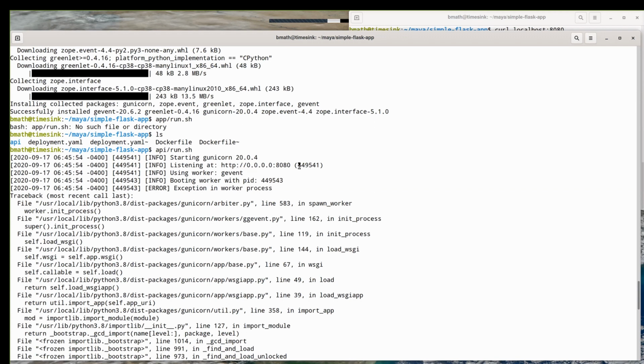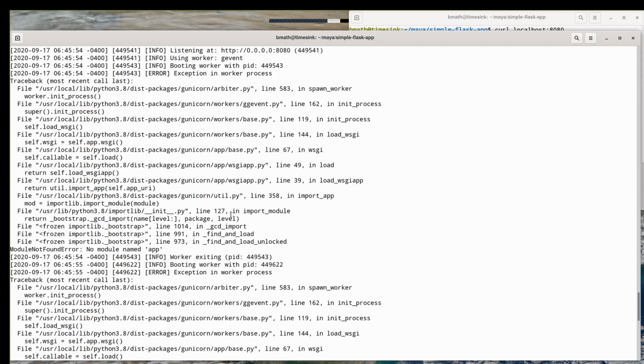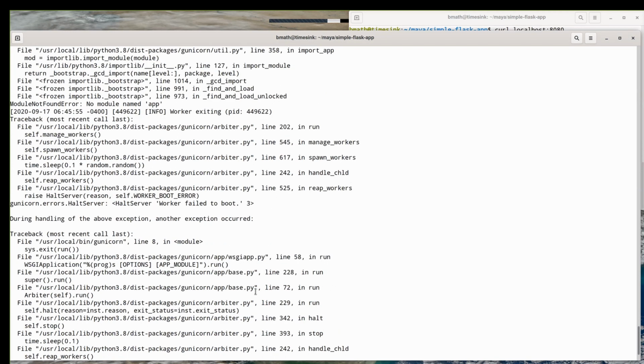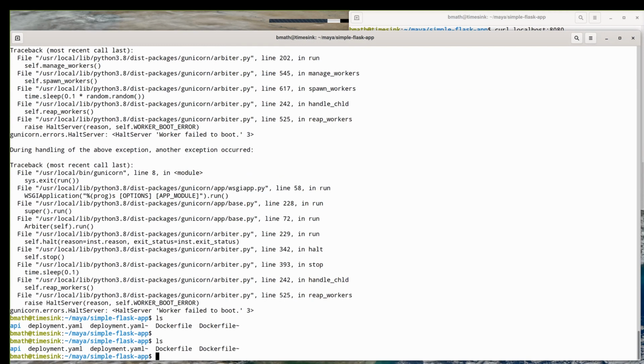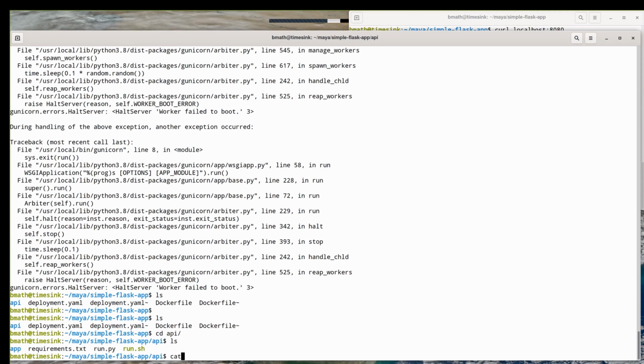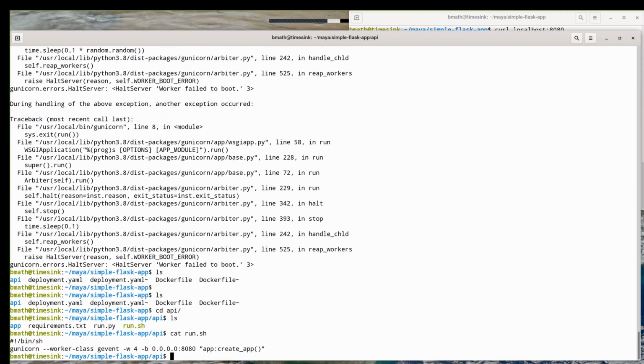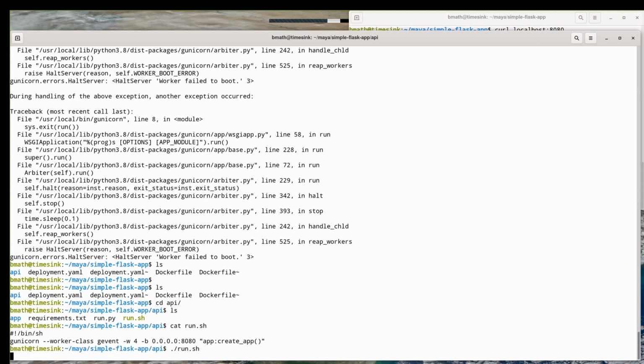All right. And then we get this trace back in spawn worker when we're importing the app. And it says no module named app. So let's take a look at that. Now, if we go into API and run.sh, app create app is the call that we're entering when we run gUnicorn. So if we just do run.sh again,